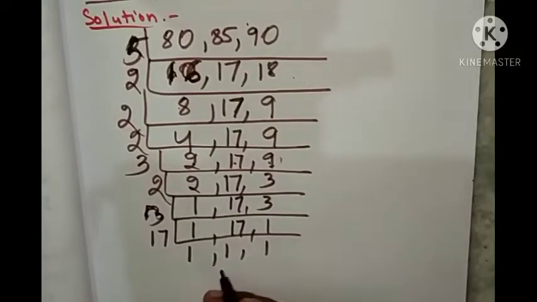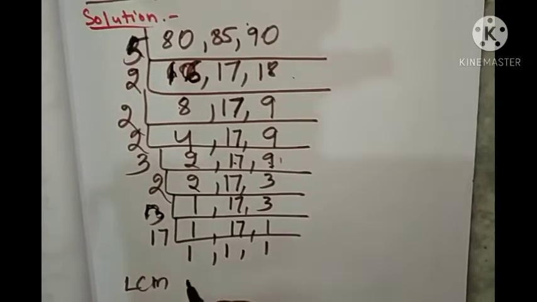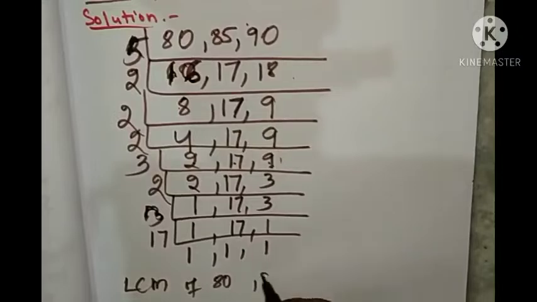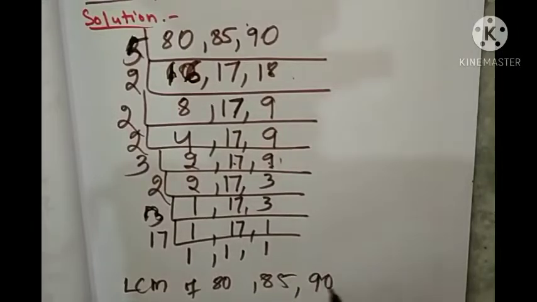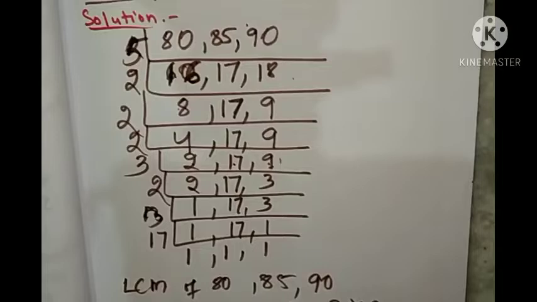So what we have found? That LCM of 80, 85, 90 equal to how much? 5 into 2 into 2 into 2 into 3 into 2 into 3 into 17. So how much you got? That is